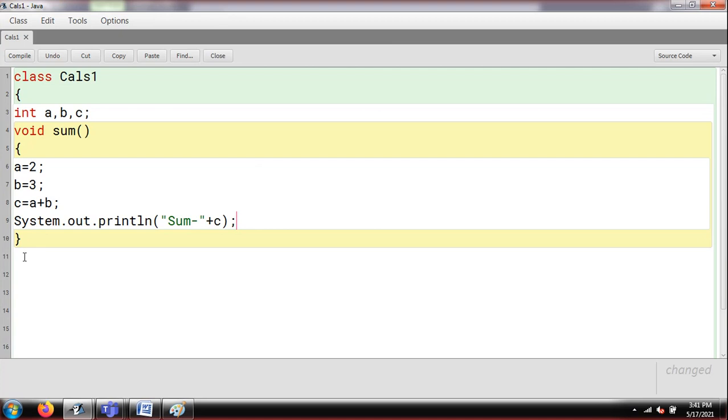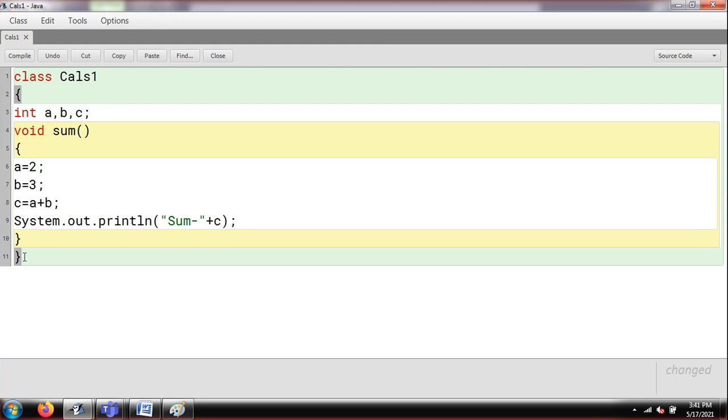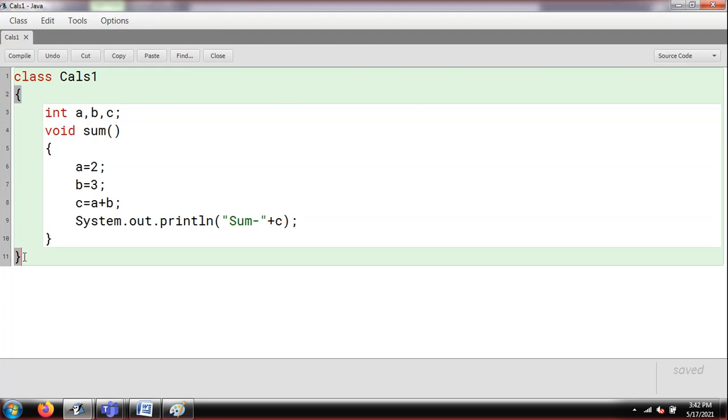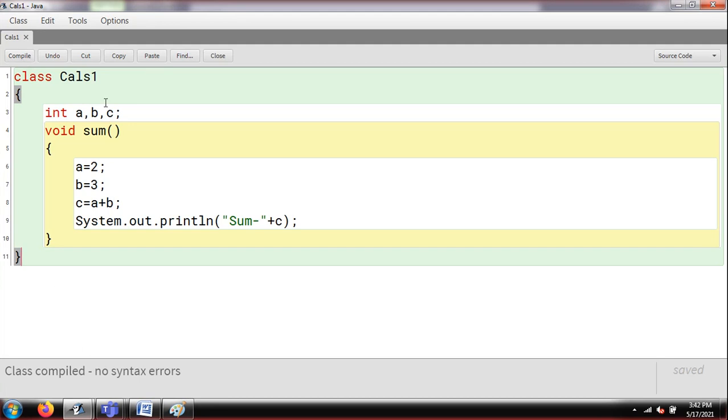So guys, everything is done. As I have already told you, I'm not going to write public static void main here. This I'll be writing in my master class. So it's time to apply indentation. You can see I've applied indentation, and this code cannot be run, but it can be compiled. So your dot class file will be created. You can see here no syntax error.